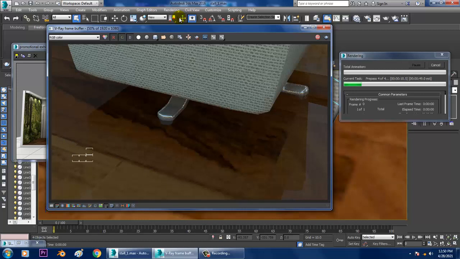When you are assigning some glass and metallic shaders, it takes time for the rendering. So let it render.